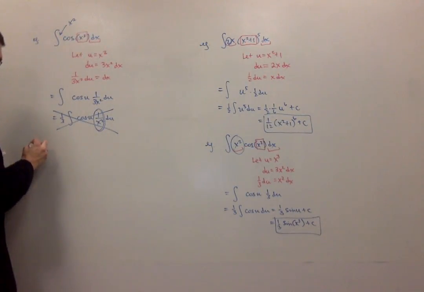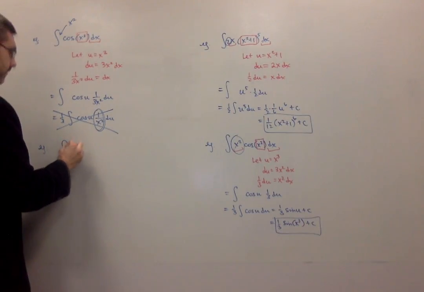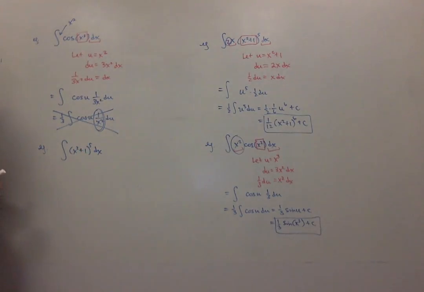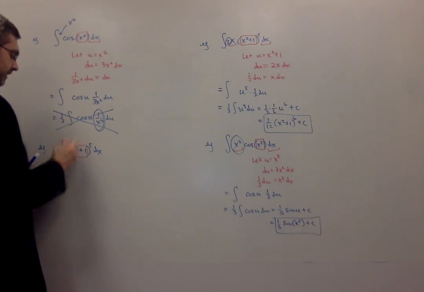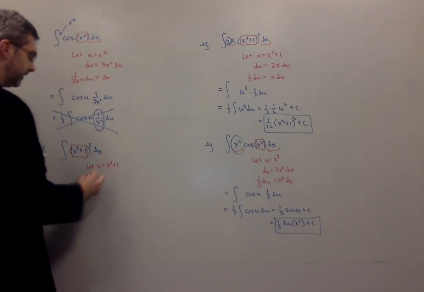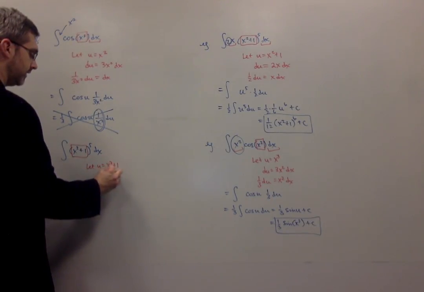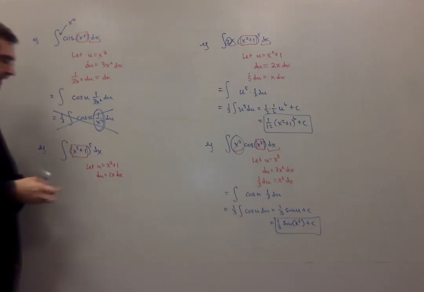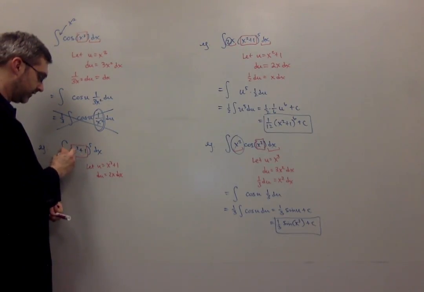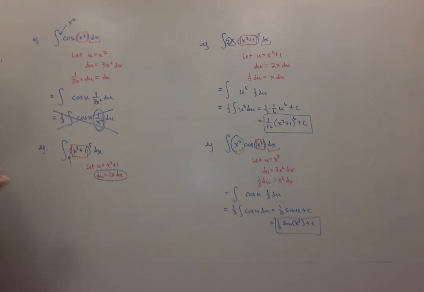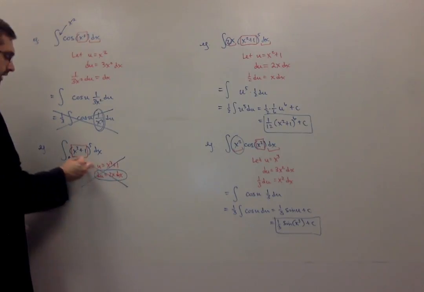Let me give you another example here. If I saw the integral, let's take that same one up there, of (x squared plus 1) to the 5th dx. Again, I see a composition here, a function in a function, so I might let u equal that inner function, and du would be 2x dx. But the fact that I don't have an x sitting out here is actually a big problem to try to substitute this back in. So this technique actually will not work in this example,